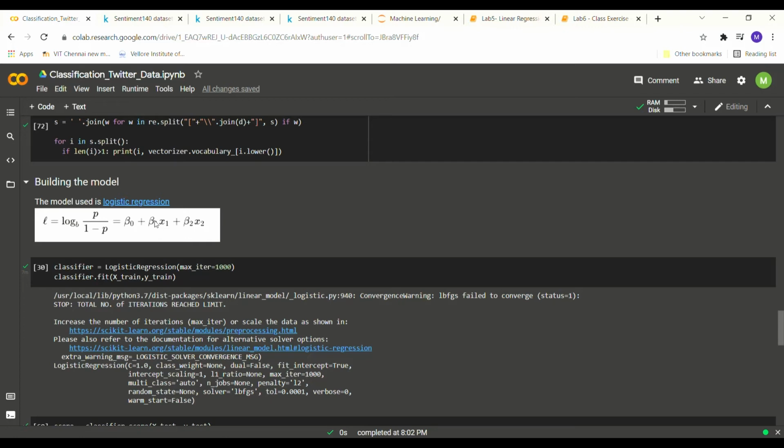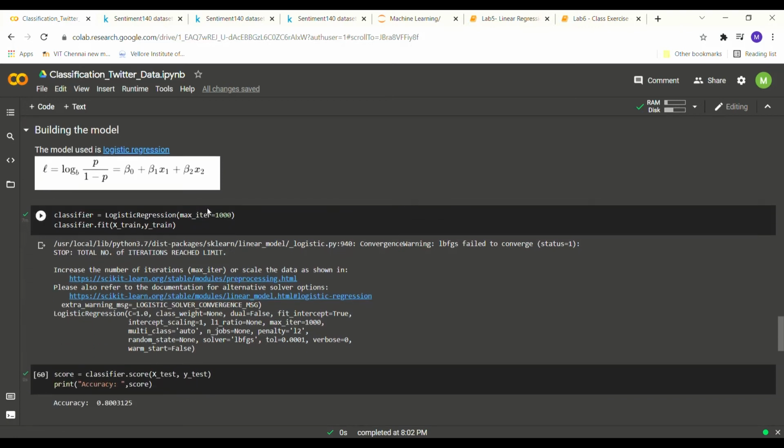So for this part of the equation, we just keep on multiplying the weight with each of the variables, and we add it in order to get the logistic, that is the probability, over here. So this is how we use logistic regression to predict whether the particular tweet is a positive or a negative sentiment. So this is what we've done here.